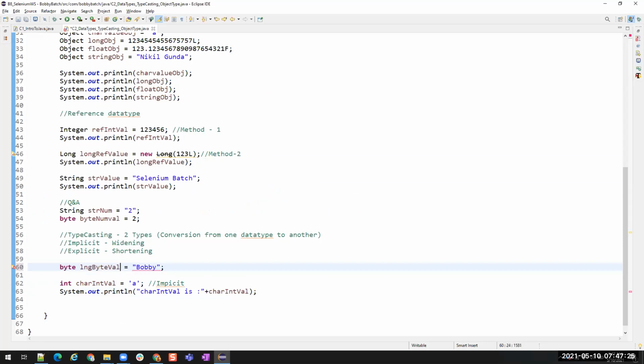To represent a long, we have to add 1, 2, 3, 4 and L. You see, it is unable to convert the long to a byte because long will use more memory than what is available for byte.